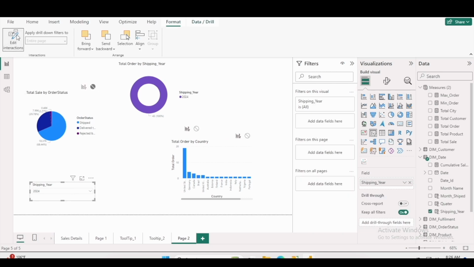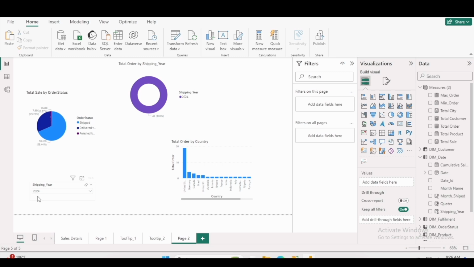Okay, then click this. I'm just going to remove this one, so it is going to filter out. I'm going to select 2021. No records are there, it is blank. Select 2024, we are getting the record. So this is the way we are performing filter with the help of this filter pane, and from where